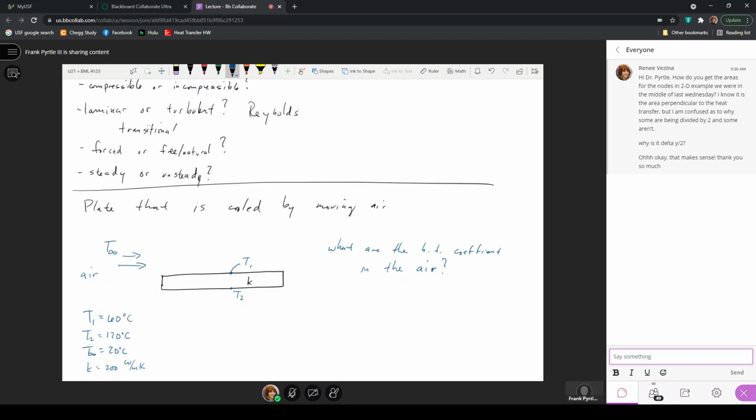So what is the heat transfer coefficient in the air? And here, air flows over the top of the plate. And we'll look at both sides later because it's just a little bit more complex. So if the air can only flow over the top of the plate, then convection is only going to occur on the top of the plate. So if I have convection occurring on the top of the plate,